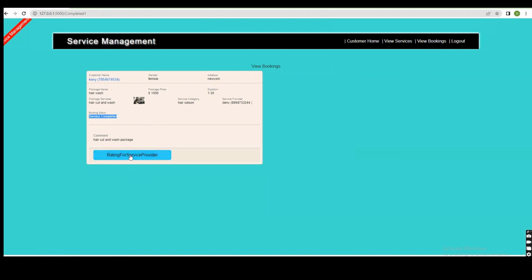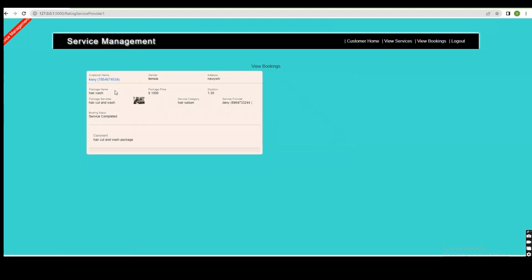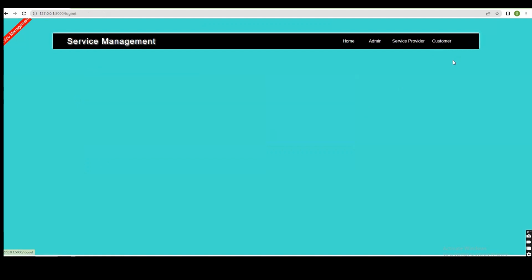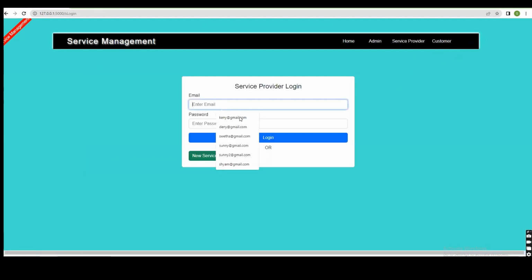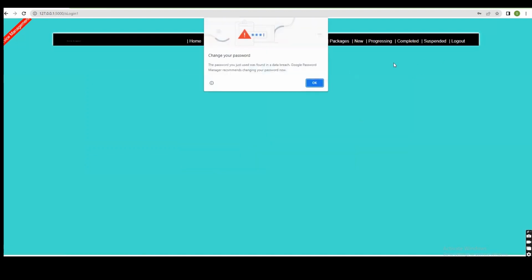After clicking the make as completed button, the status will be changed as service completed. Then the customers can give the ratings for service provider by choosing the ratings. They can write the comment, review, good service. So this is the view bookings page of customer, and then we'll again get into the service provider page,